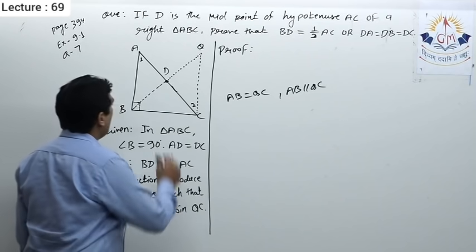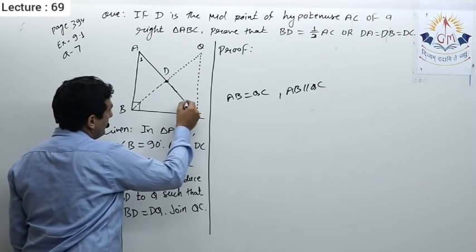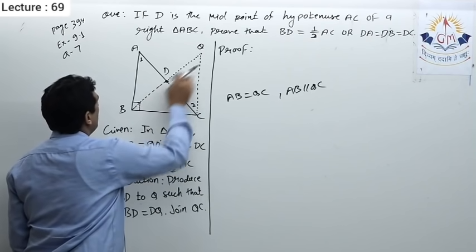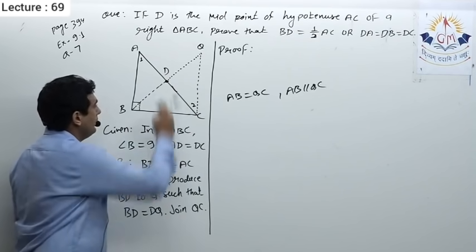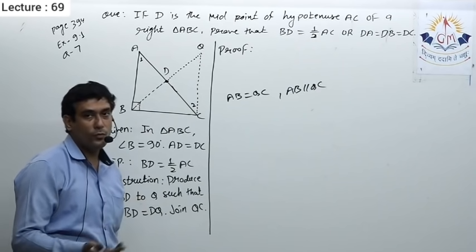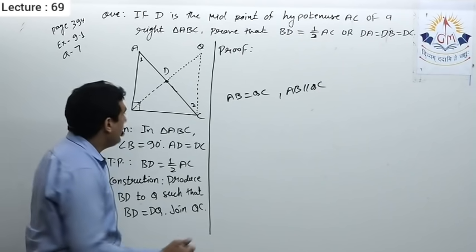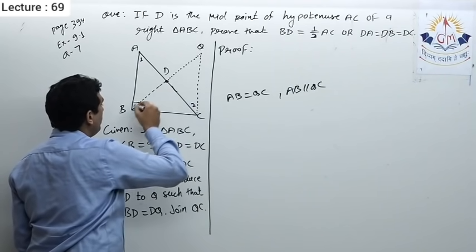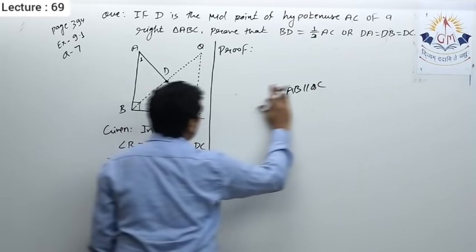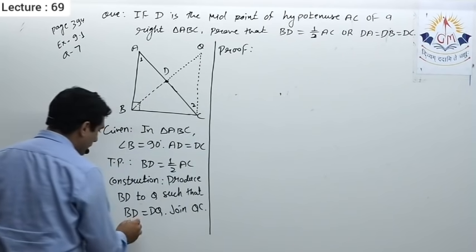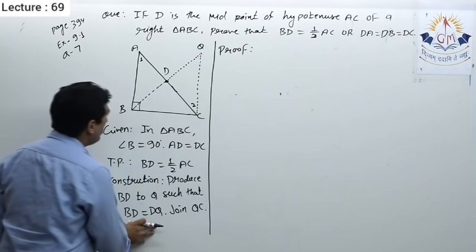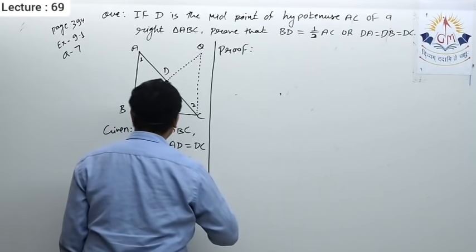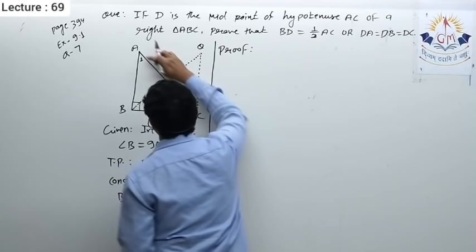Another way we can say, after proving this parallel, if I find the measure of this angle, then I can say by CPCT AC equal to BQ. If I don't want to use the properties of parallelogram, I need to prove triangle ABC and QBC congruent. So let us start. Okay, here I wrote BD equal to DQ. It means BD equal to half of BQ. So let us start with triangle ADB.